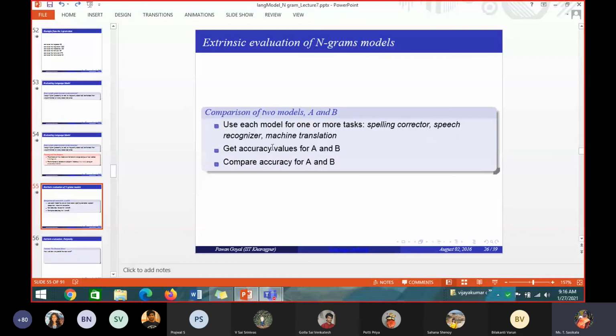So I have model A and model B. For model A, I have applied some applications and calculated its performance. For language model B, I have applied the same tasks, like machine translation, spelling correction, query completion, and calculated the performance separately. So now I have the performance of language model A and of language model B. Find the performance of A and B separately and find out which gives the better result, whether A or B.